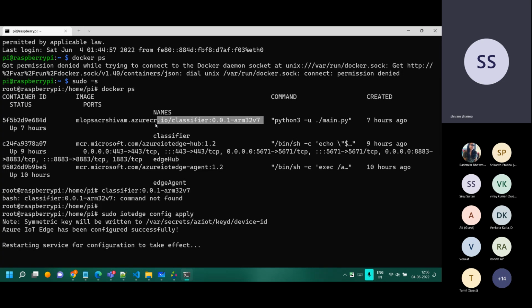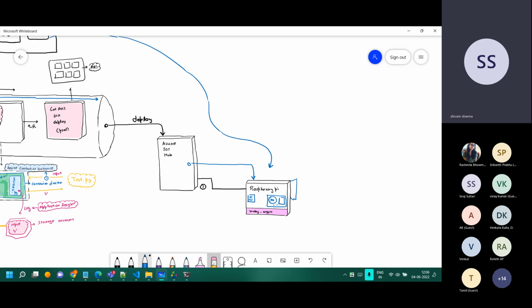But if you see this one over here, the concept is, you see this IoT Edge Hub, and we have this IoT Edge agent over there. These are the two things. So there are two containers which are running, apart from the one which we would like to deploy. One is the edge as such, and the other is the hub.